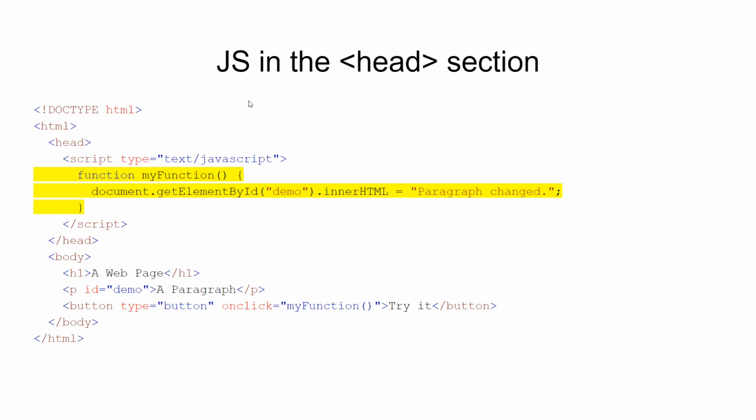So the first method is including the JavaScript directly in the head section. You see that we have some JavaScript code here. You don't have to understand what this code is. Just know that this is some JavaScript code and we are including it inside the head section of this HTML file. So this is inside the head section, and inside the script tag, we have an attribute called type, which says this is text/JavaScript, and inside that we are including the JavaScript code and closing the script tag, and this is inside the head tag. So this is one way of including JavaScript inside a HTML file.